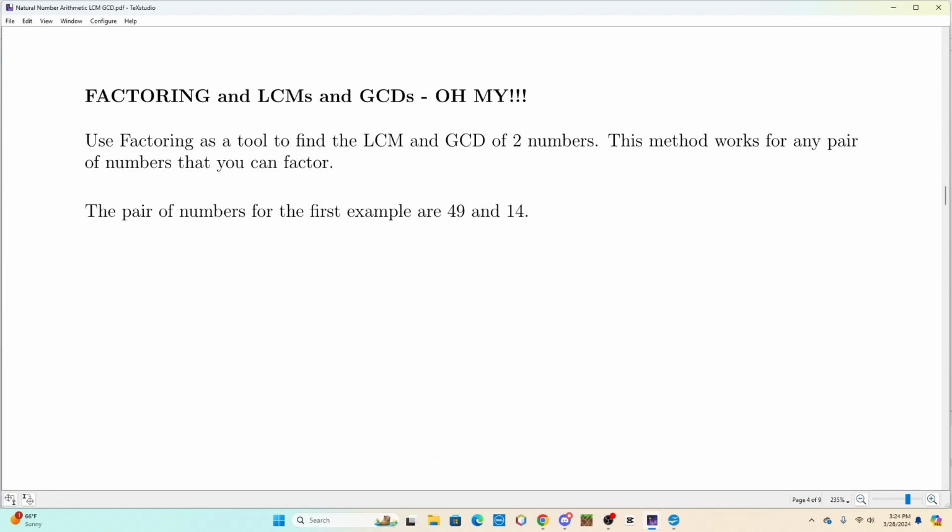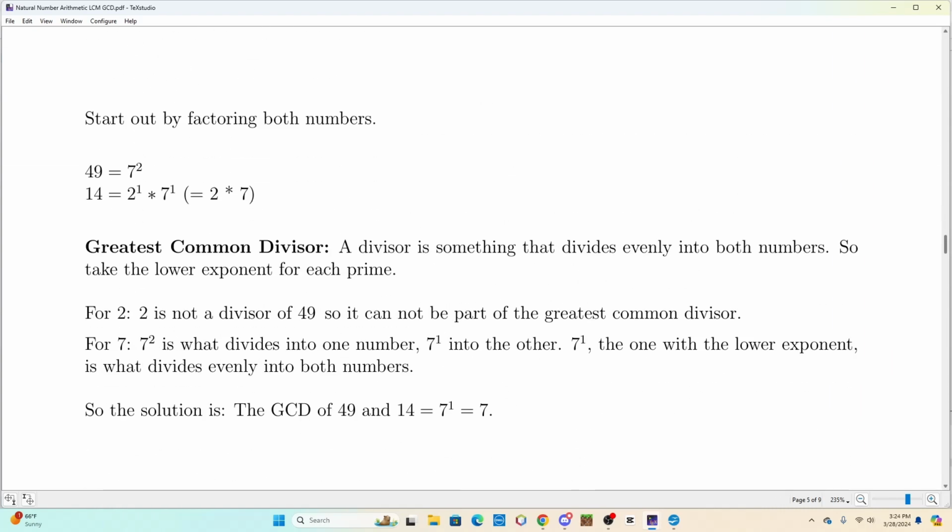Factoring in LCMs and GCDs, oh my. Use factoring as a tool to find the LCM and GCD of two numbers. This method works for any pair of numbers that you can factor. The pair of numbers for the first example are 49 and 14. Start out by factoring both numbers. So 49 is equal to 7 squared, and 14 is equal to 2 to the 1 power times 7 to